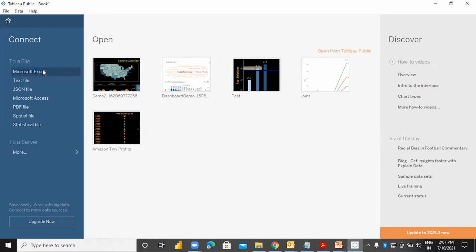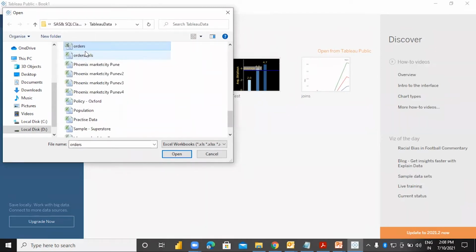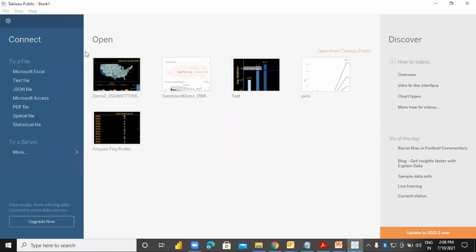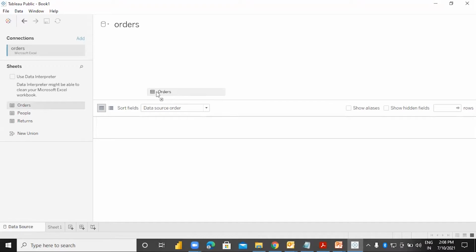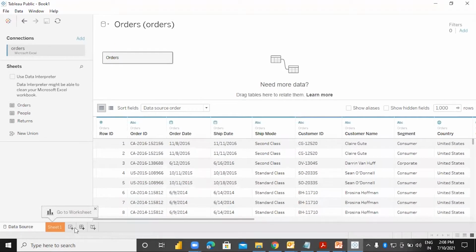So let us create a dashboard. I'm getting connected to the data source, and here I have connected.